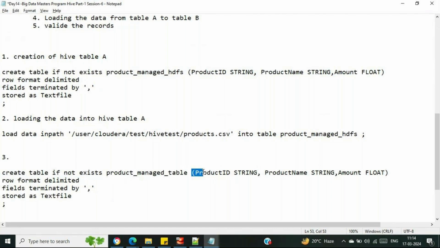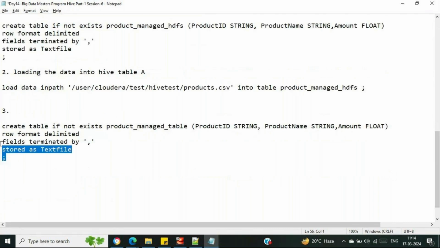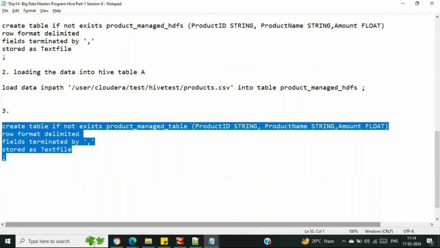Or if you want to change the names over here, like instead of product ID you can have ID, instead of product name you can have name, but the data types must be the same with respect to those tables. You can change these names but the data types must be the same, that is the thing. So let me create a table